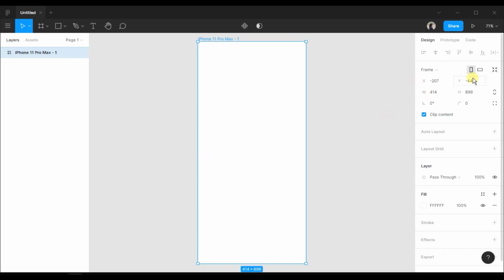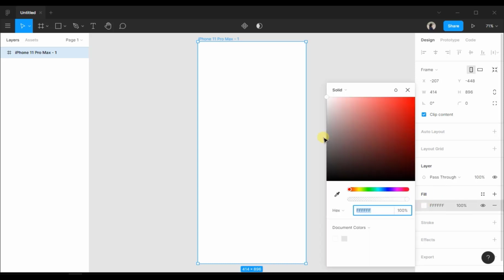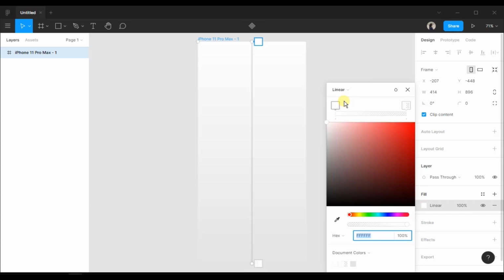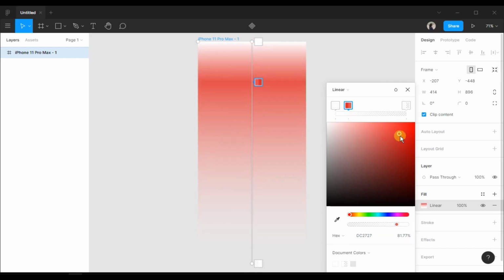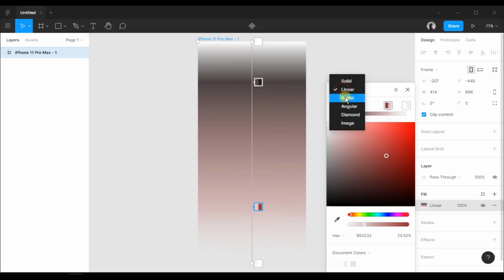As you can see, here we have different properties like width, height, then rotation, then corner radius to adjust the corners. Then in layer section, we have pass-through options. Then the opacity percentage. Then here we have fill option to fill different solid colors onto our frame. Also we have some gradients options here like linear gradient. Also we can add different colors likewise. And then similarly the radial gradient,